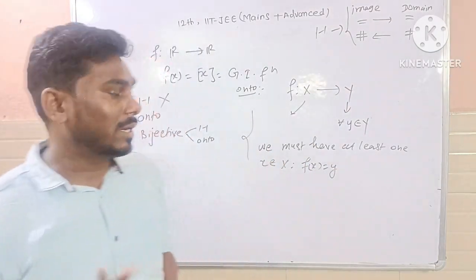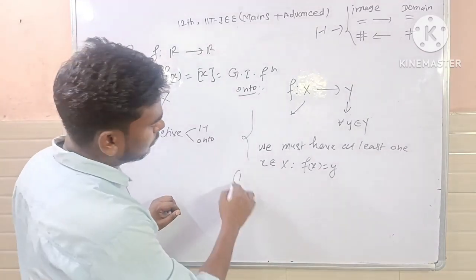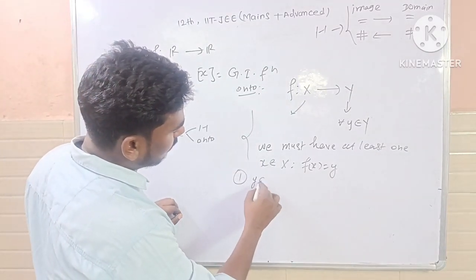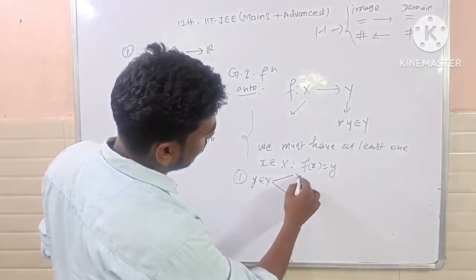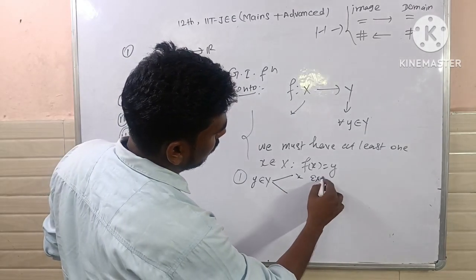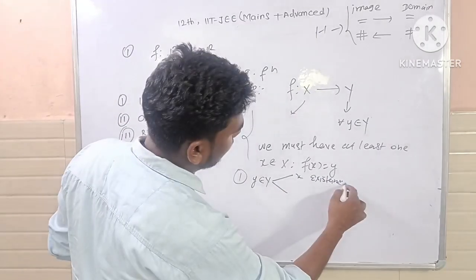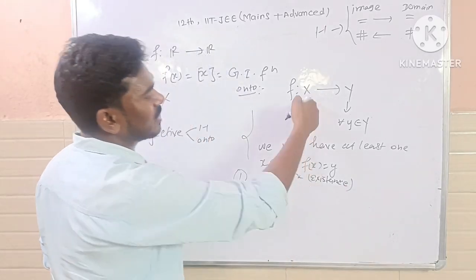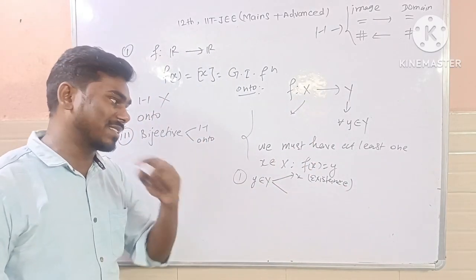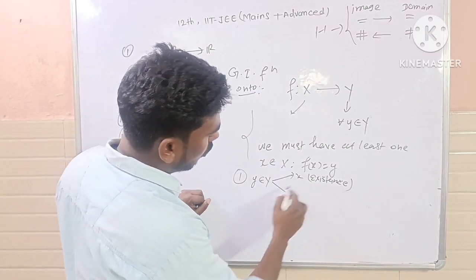So the two key points are very important. One, corresponding to a particular y belonging to Y, the existence of some x is guaranteed. So the existence of an x, a member of this domain space, must be guaranteed. So existence must be possible. Moreover,